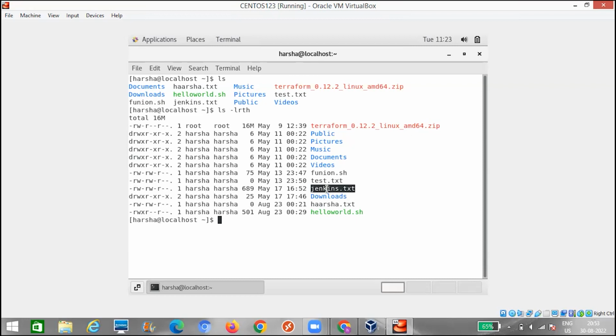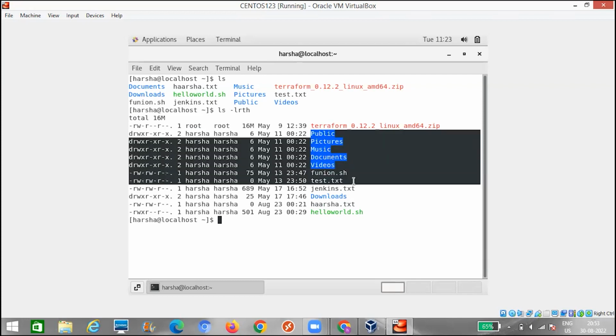Apart from that, we also come across one more thing, like Harsha and Harsha. What are these two things? And also root and root. The first one signifies the user the file belongs to. So Terraform something.zip belongs to the root user, whereas the folder public belongs to Harsha as a user.